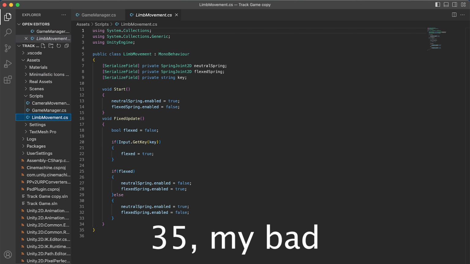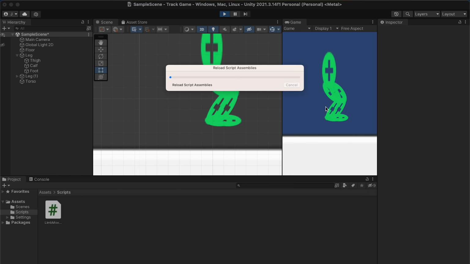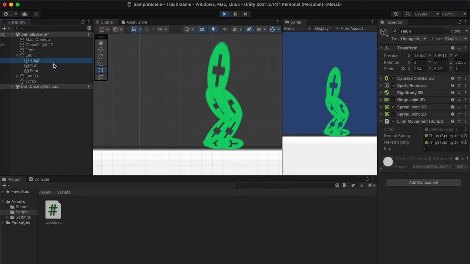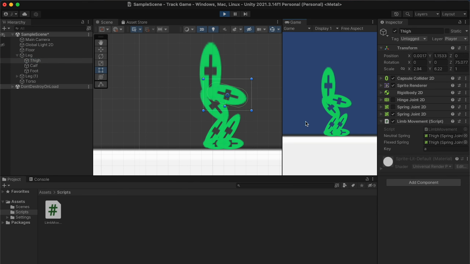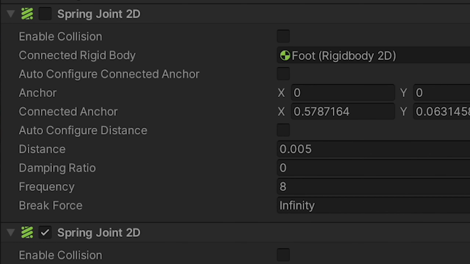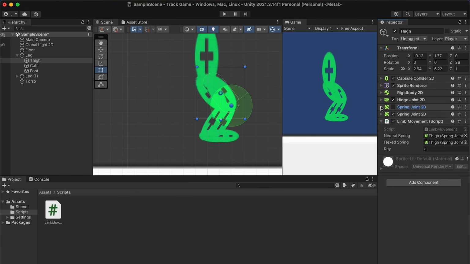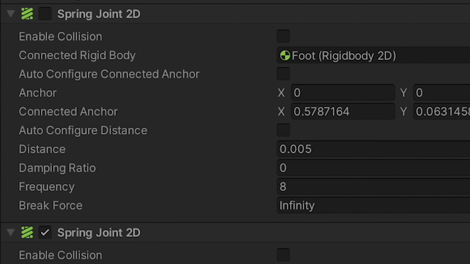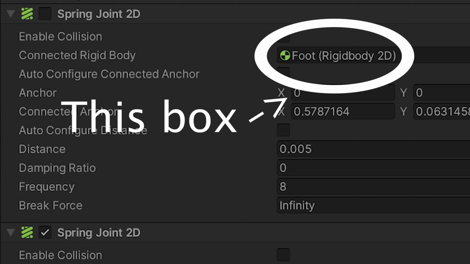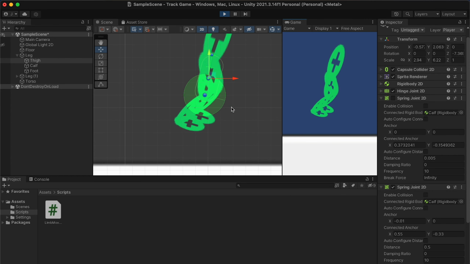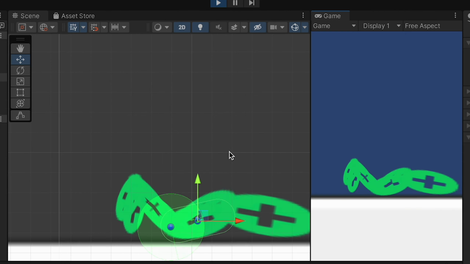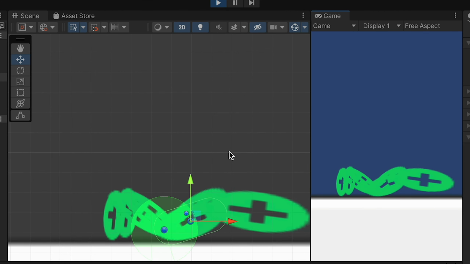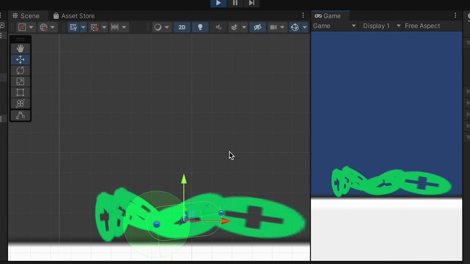After I wrote this script, it was finally time to make my first actuated joint, the knee. I set up the scripts and all the springs and then started the game. And of course, it didn't work. I was pretty sure it was just with the springs that I set up, so I kept fiddling around with it for quite a while, until I finally realized that I just didn't have the springs set up to be attached to the right rigid body. Super dumb mistake. But with this, I had a single working knee, and it looked brilliant. It wasn't much, but I could see a future in it, so I kept up the work.